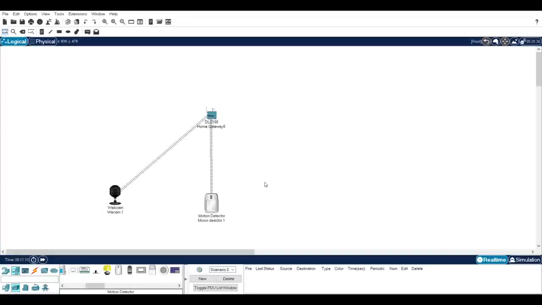Now to connect the device to home gateway, we need wireless connection. For that, double click on webcam and go to configure. And in configure, go to the wireless 0, check whether the SSID name is home gateway. If not, then we have to type home gateway so that the wireless communication is made.